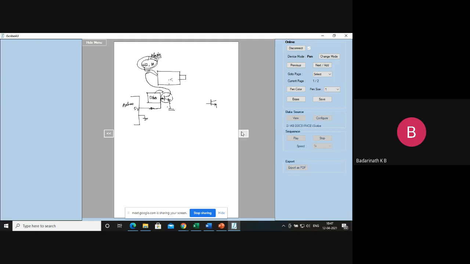So these types of driver circuits are very essential whenever you drive high power circuits using the Arduino. The principle of control is done by Arduino, the PWM waveform, everything is done by Arduino only. But the power and the current will be supplied by the adapter. Hope you understood.